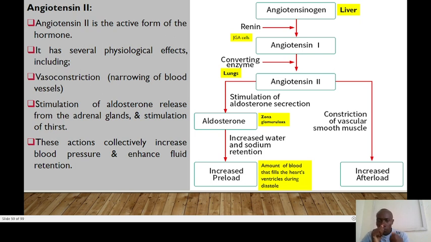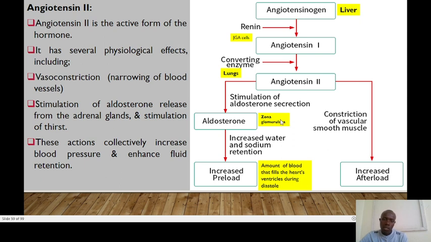Angiotensin 2 is actually the strongest, the potent vasoconstrictor. It is the active form of this hormone, and it has several physiological effects. One of them is vasoconstriction. Vasoconstriction leads to constriction of the vascular smooth muscles, and this leads to an eventual increase in afterload. On the other hand, it also stimulates